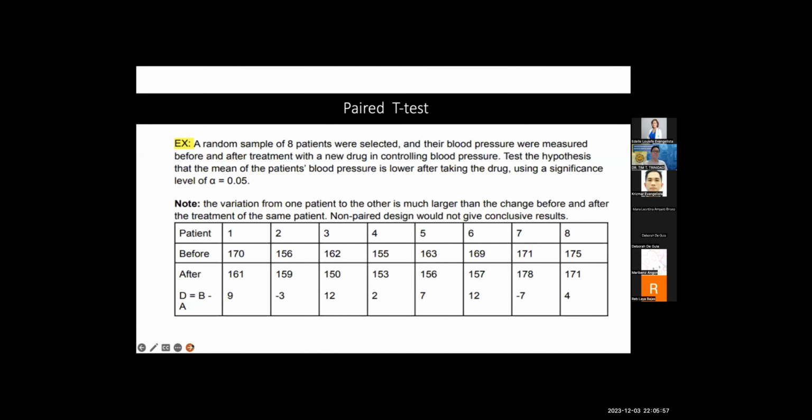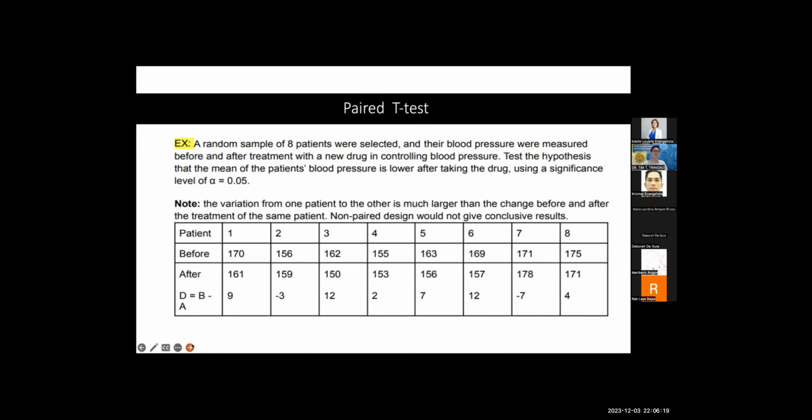So unlike yung kanina, yung sa single one sample test, now we only have one group comparing it to the mean. So here may before and after siya. So if ganun yung test, then we choose the paired t-test. So as we look back into the table, now we have